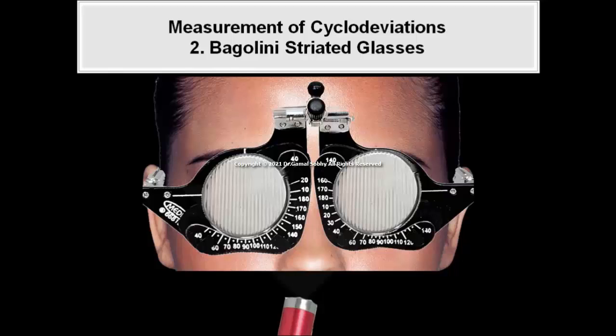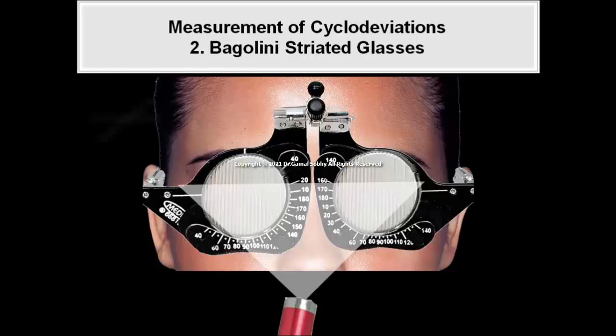Bagolini striated glasses. Like Maddox rods, these glasses produce an image of white streaks perpendicular to the axis of the striations. The glasses are placed in the trial frame with the axes of striation pointing toward the 90 degrees mark. Like Maddox rods, the angle of the cyclotropia is measured by turning the glasses in the trial frame until